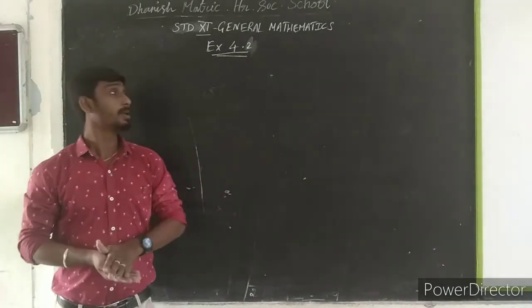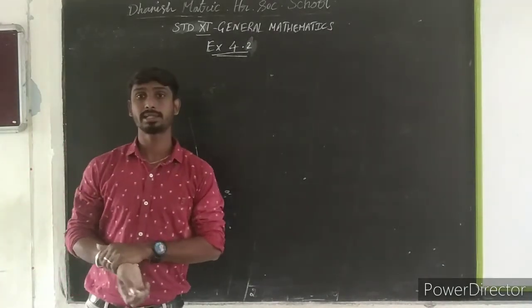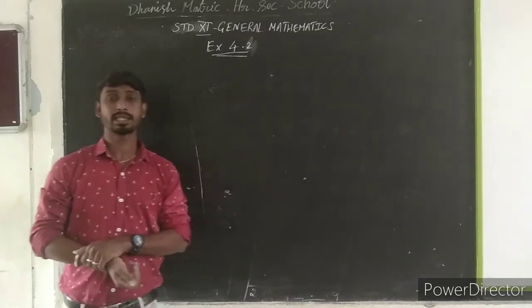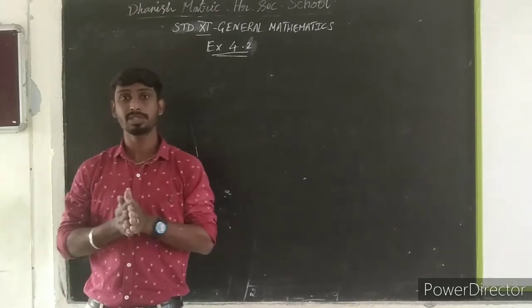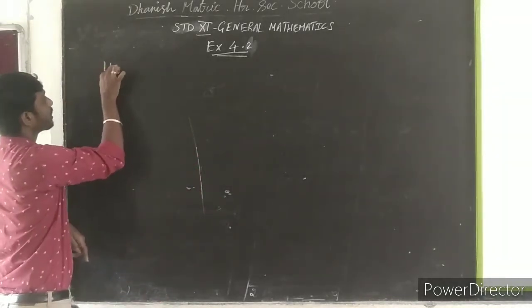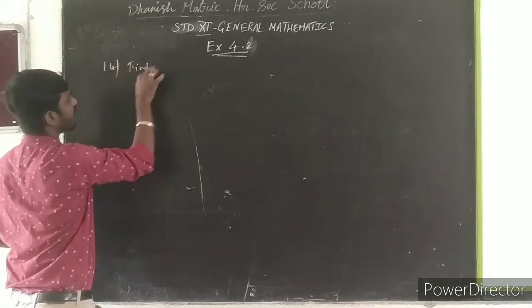Today we are going to see exercise 4.2 remaining sums. Last class we completed 13 sums in the exercise 4.2. There is permutation type of sums. Now we see the 14th one. What is the question given here? That is, find the value of